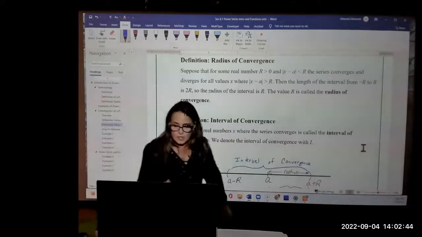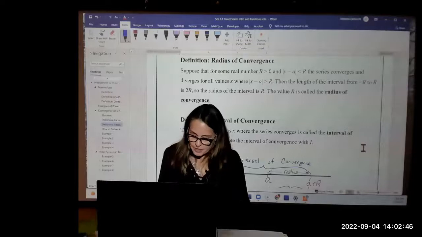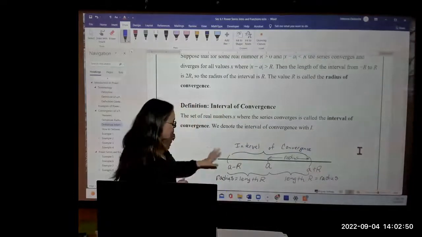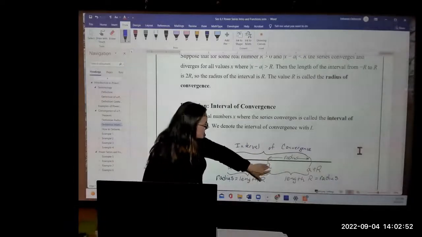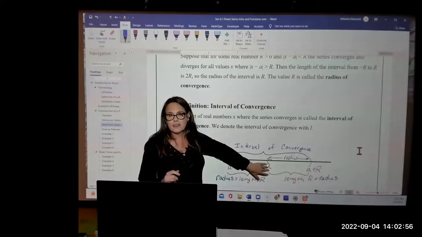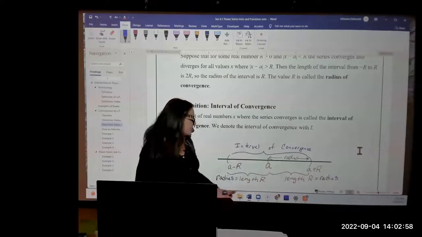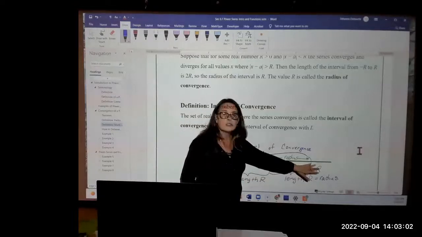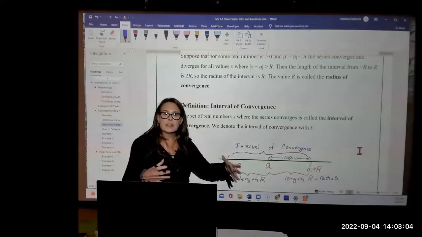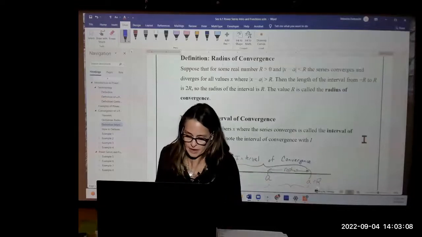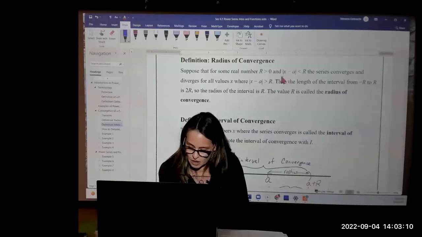Well, then what we're talking about is this interval that you can see in the picture down here, where you've got the center in the center of the interval of convergence. That's why it's called the center. So you have a minus r to the left and a plus r to the right. Because basically, when you have the magnitude of x minus a less than r,